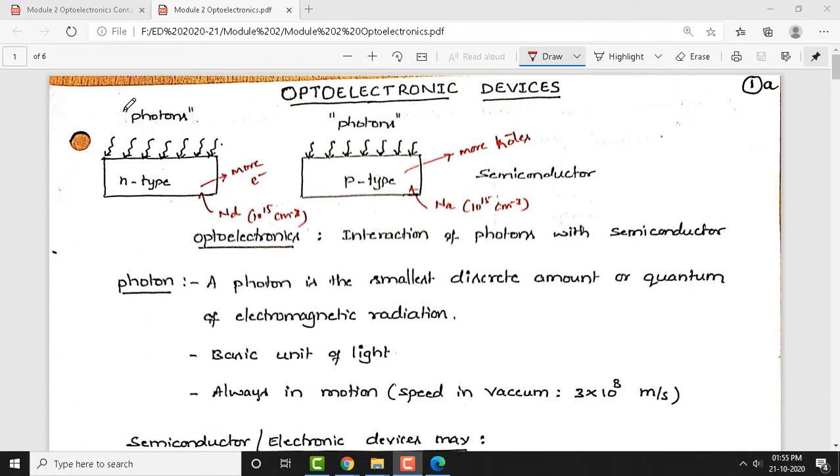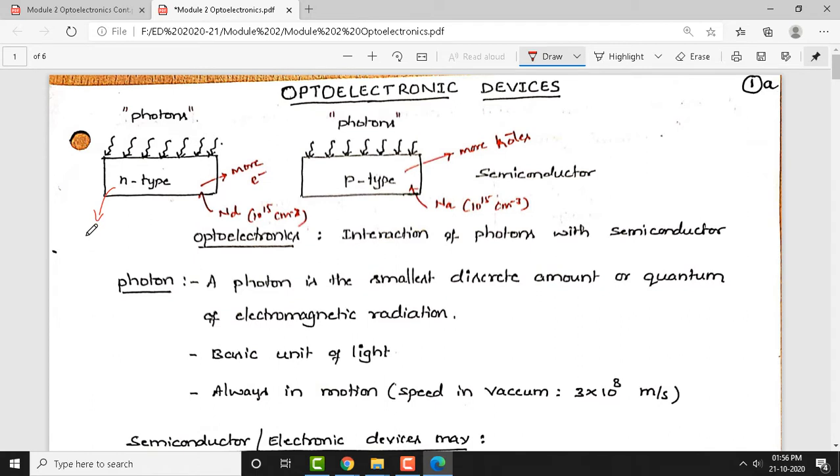Photons are light energy, which contains small particles called photons. They are interacting with this N-type semiconductor. What changes can you observe after photons interact with this N-type semiconductor, or with a P-type semiconductor? What changes would you like to see within the semiconductor when photons fall on this N-type semiconductor? Naturally, in an N-type semiconductor, a mechanism called the electron hole pairing